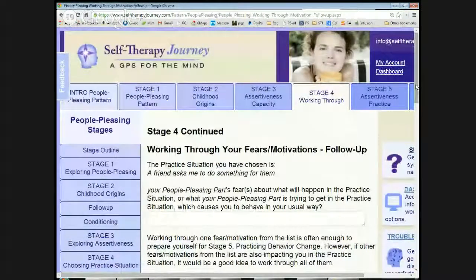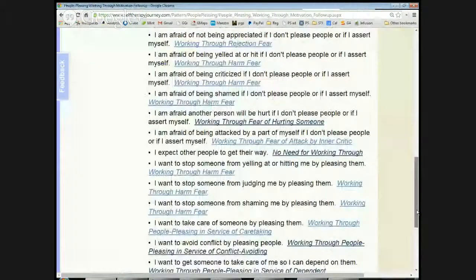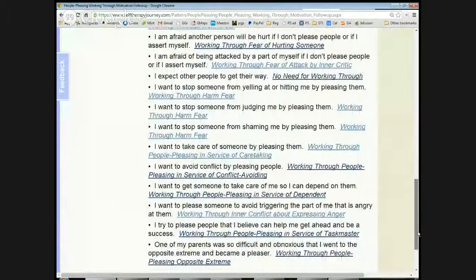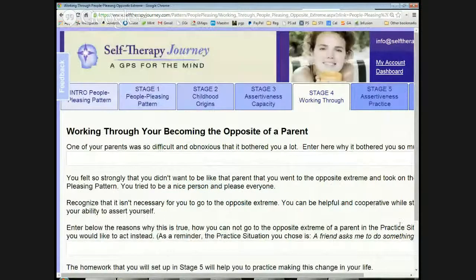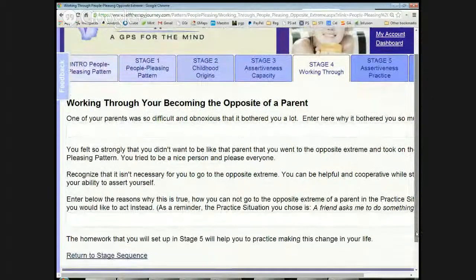Okay, so we'll go back here, and I think there's one more I want to show you. Or are there any more? Oh, yeah. Here's another, sometimes what's underneath being a pleaser. One of my parents was so difficult and obnoxious that I went to the opposite extreme and became a pleaser. So that sometimes happens. So here you click here, and this is basically a page that kind of helps you